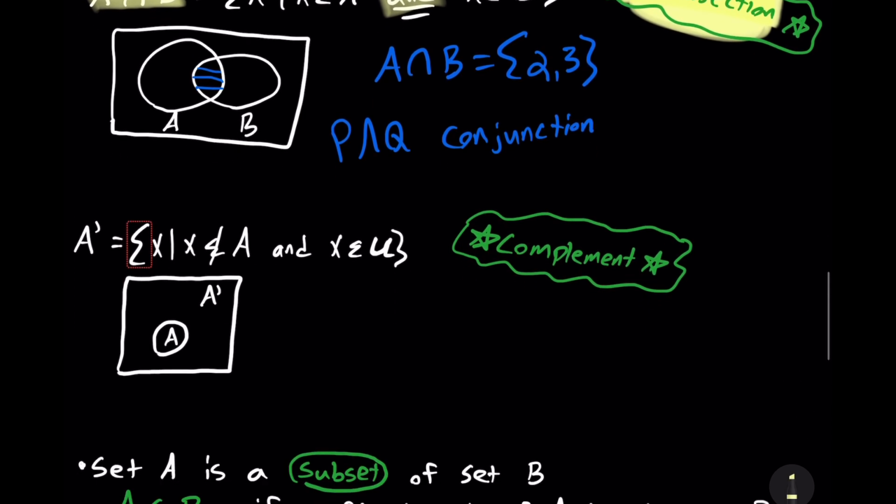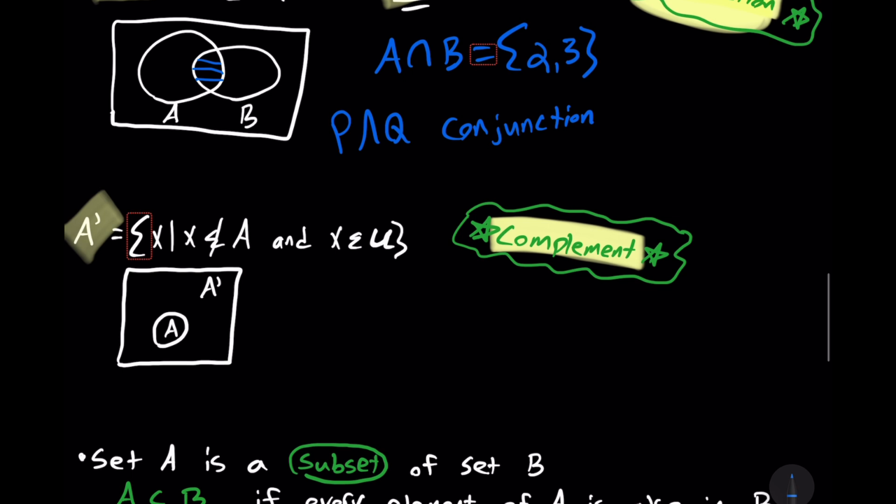Next, we can consider the complement. So let's say we have A prime. Another way to write that would be to have A bar. So A prime or A bar is equal to X such that X is not an element or member of A, and X is a member of the universal